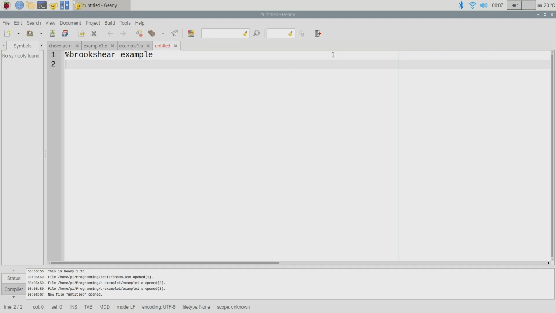For example, obviously we can't do this with Brookshear stuff, but the build and run buttons up here will configure to automatically do some of the stuff we need to do with the ARM assembly, and they won't do anything right now, obviously, because Brookshear is made up.